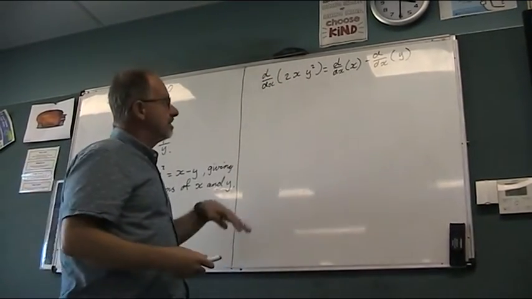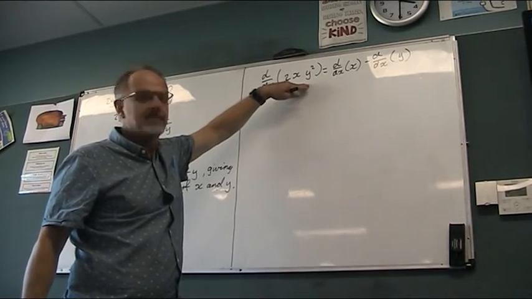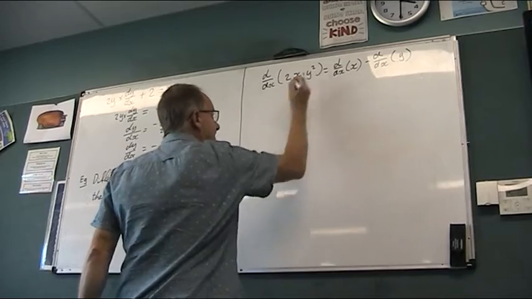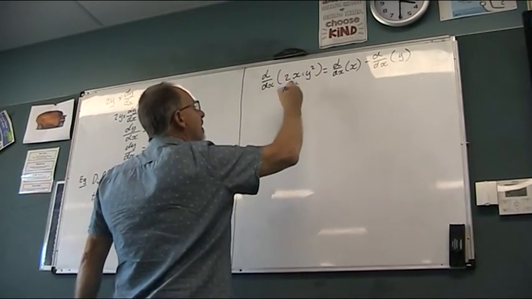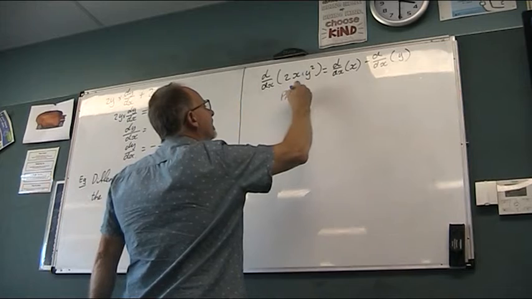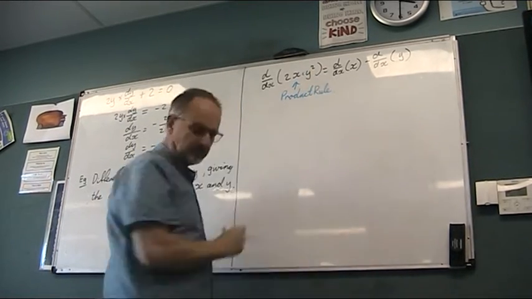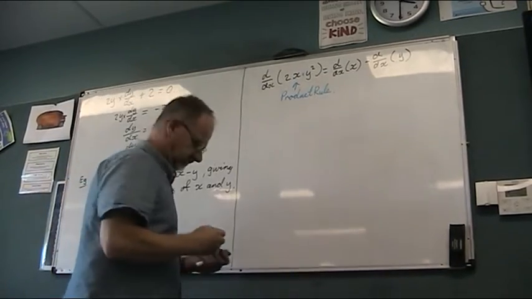So this term here is the one that we need to work a bit more with. Because we can say that's 2x times y squared, we now need to also use the product rule here. All right, so product rule,